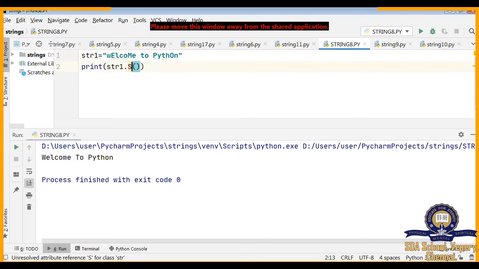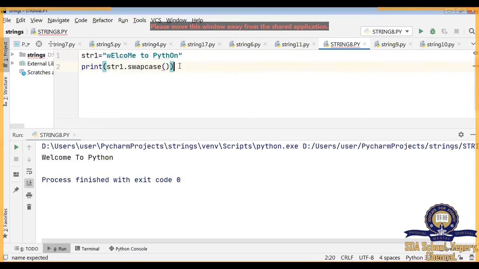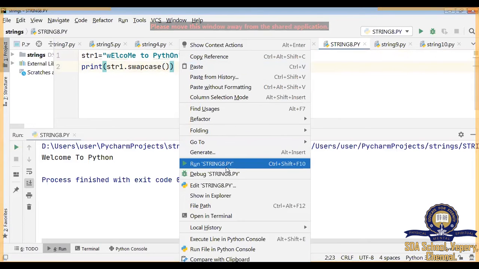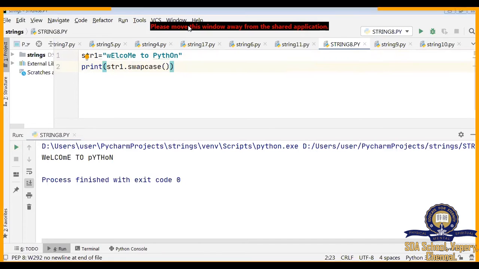Please type in your small letter. Right? Now run your program. So wherever uppercase letter comes, it changes to a lowercase. Wherever lowercase letter comes, it changes to a uppercase. That is called swap case. Right? The next built-in function